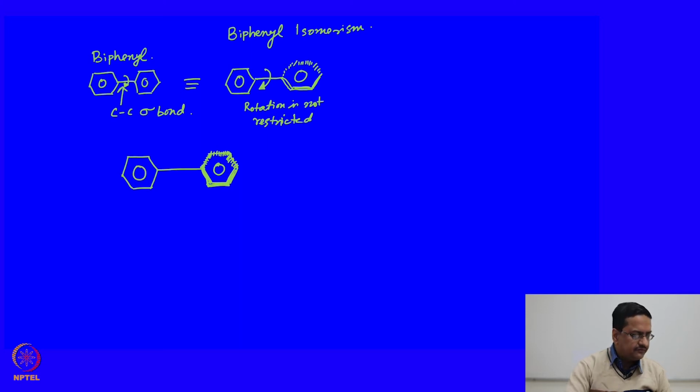So, what we can have are substitutions R1, R2, R3 and R4. R1, R2, R3 and R4 are not hydrogen atoms,